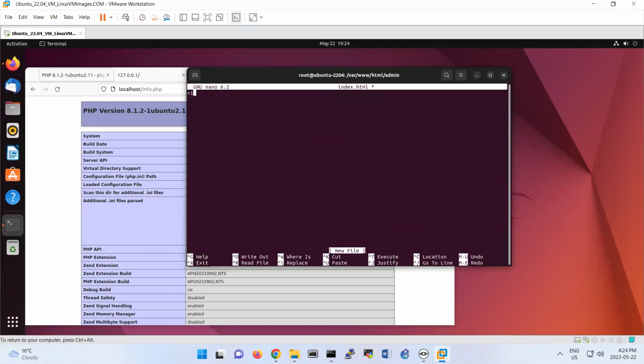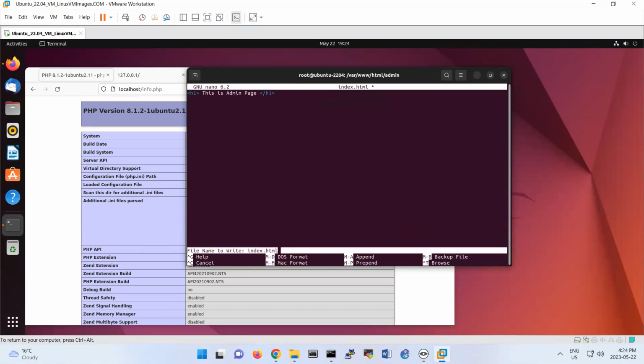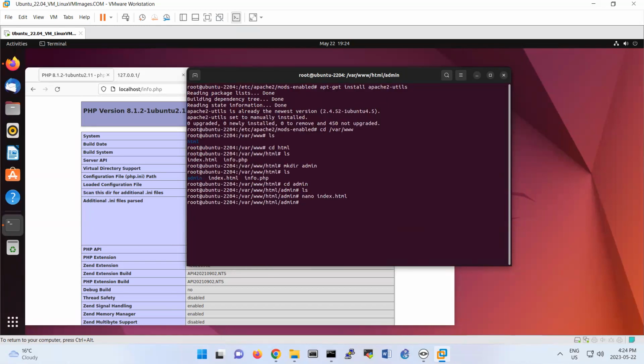So like h1 here, this is admin page, and then h1. Control X and save. So I have now here a file under the admin folder. So then you can navigate to this file, nano etc